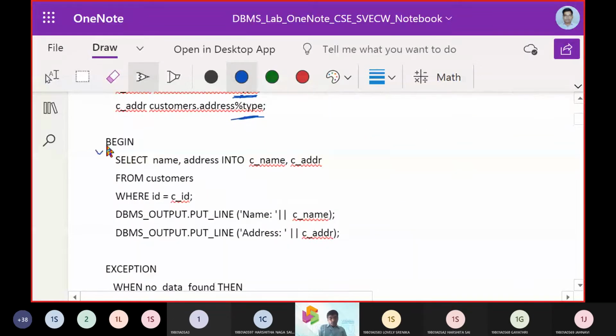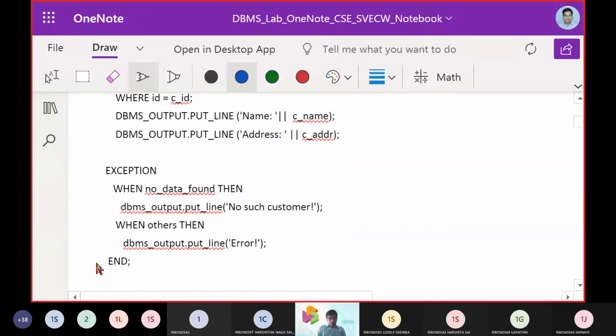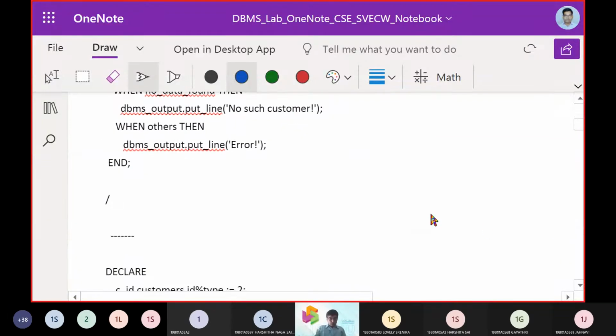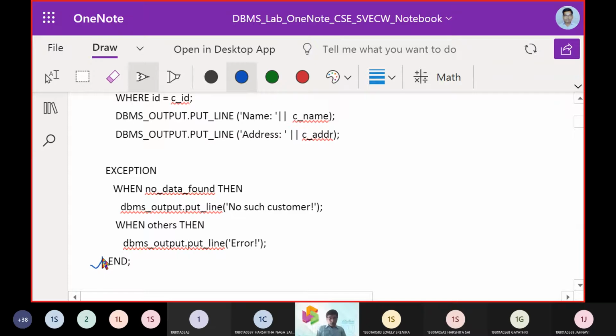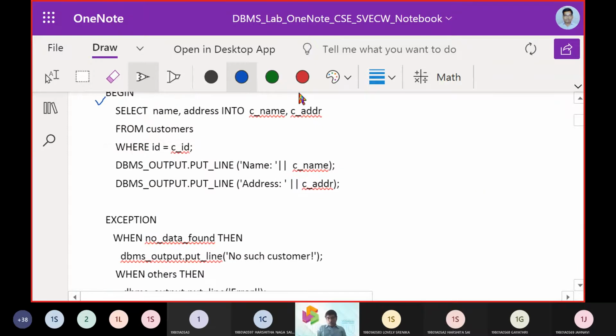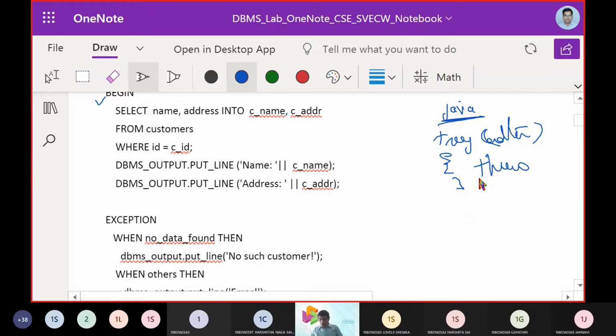Now we make a begin, then we are going to use an end block. Okay, now I'm just bringing up the Java concept. So you have a try, condition, then you make a throw, then you make a catch block, right?